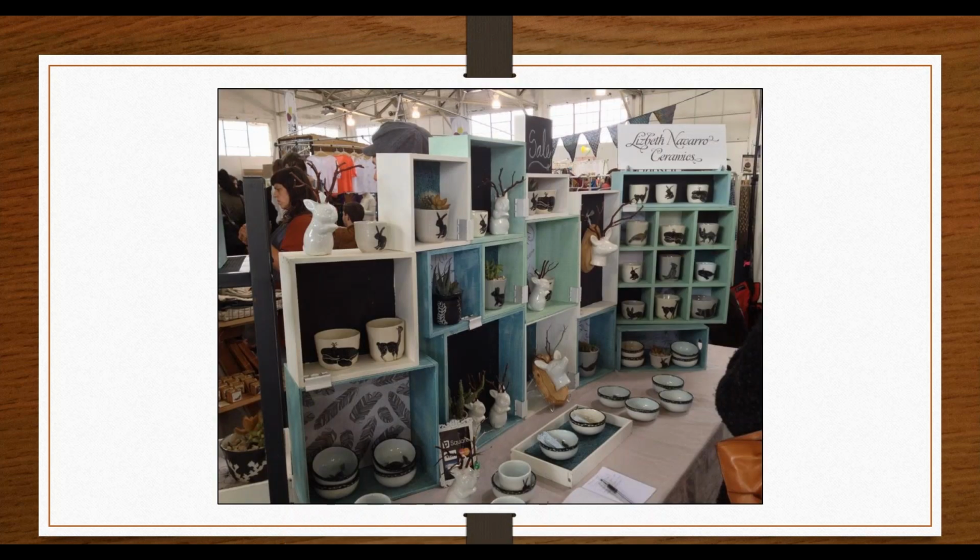This is another one that has a lot of things at different eye levels that I like. And you can see here that as you look throughout the display, there are some items that are repeated, like that little rabbit vase. That's in 2 or 3 different spots, but it's grouped with other items. So it shows different uses for it. So I think that's a good display tip